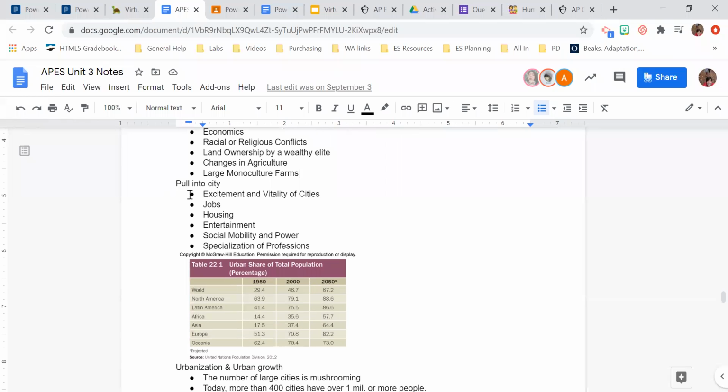All right, now pull into the city. So first off, cities are exciting. There's a lot of stuff to do in a city. There's entertainment, there's food. I could tell you the restaurants in Young Harris, there were 2 barbecue places in the county, and there was one Asian restaurant called Bowl of Asia. That's right, all of Asia, one restaurant.